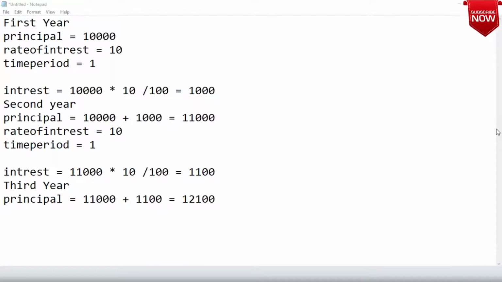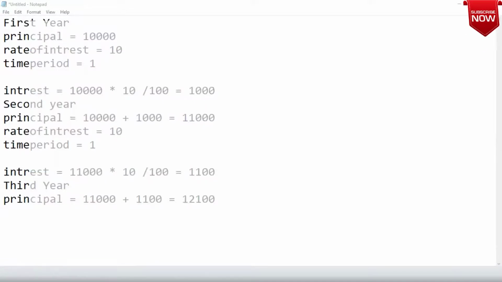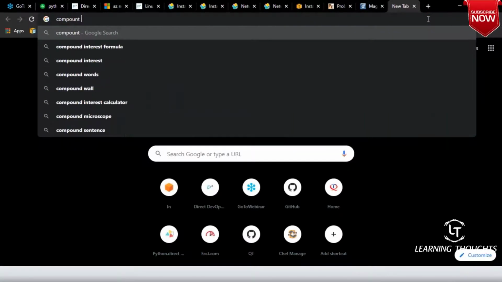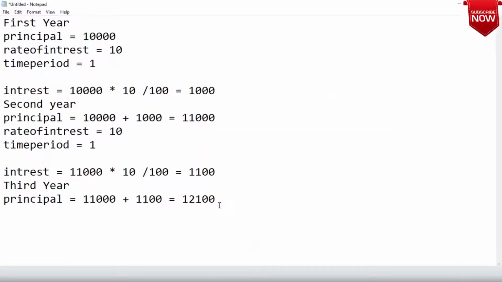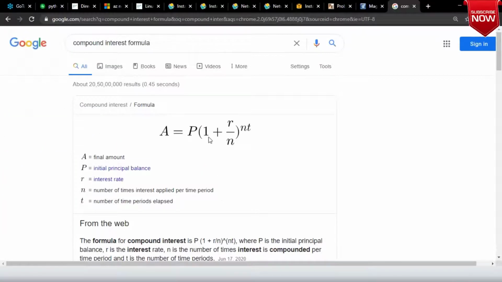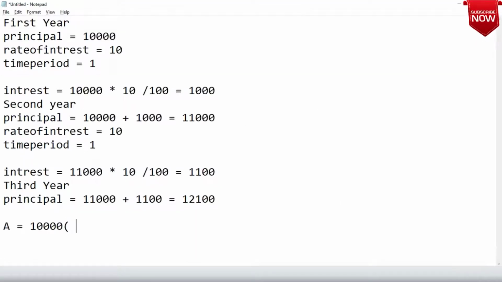If you look at the compound interest formula, you can just go to Google and search for it. So what is it trying to tell? A, the amount which you gain, will be principal. My principal when I started was 10,000, and then into 1 plus rate of interest.